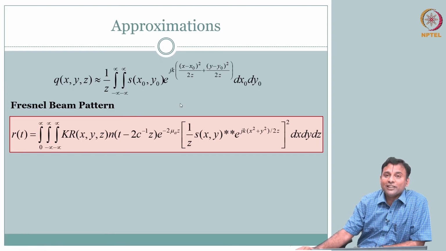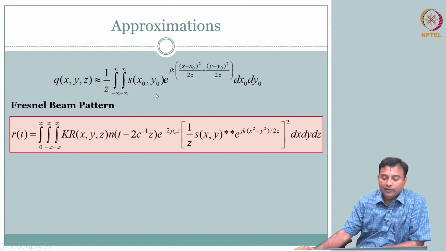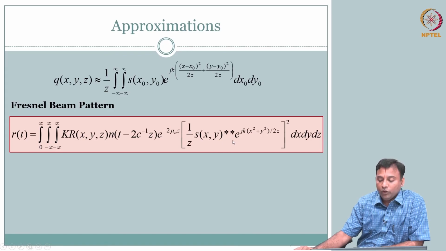convolution, two-dimensional convolution. So what we have done is we are recalling this r of t same as before, only the place where we had q of x comma y comma z square, the q I have simplified using Fresnel. How did I simplify? By making an approximation in the expansion of the phase term. I have used only the first two terms in the binomial expansion. If I do that, I get this form. When I get this form, I recognize this is nothing but S of x comma y convolved with this